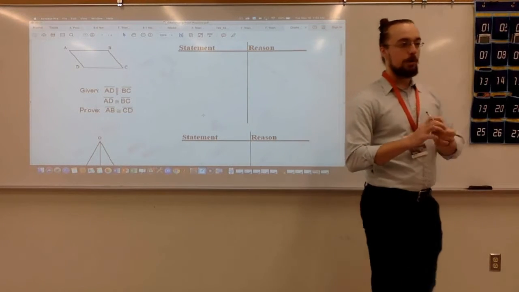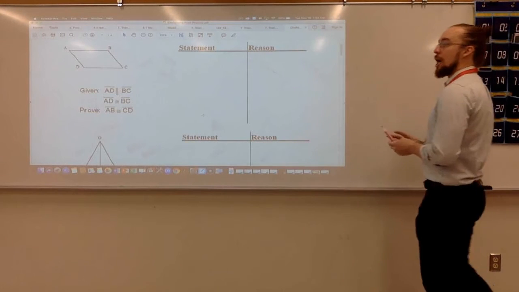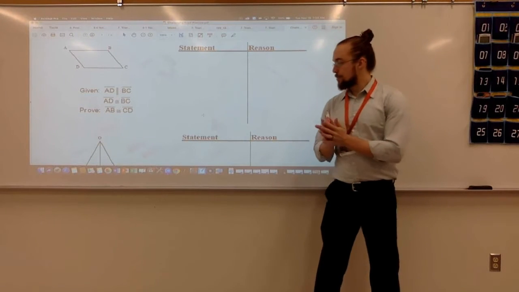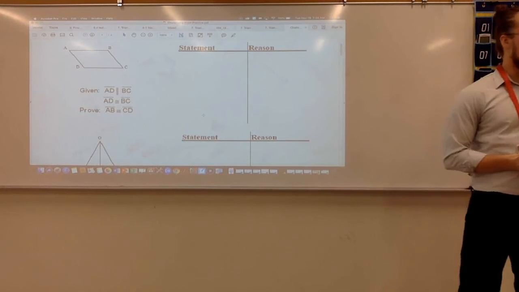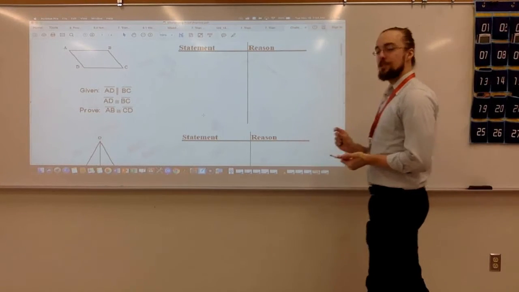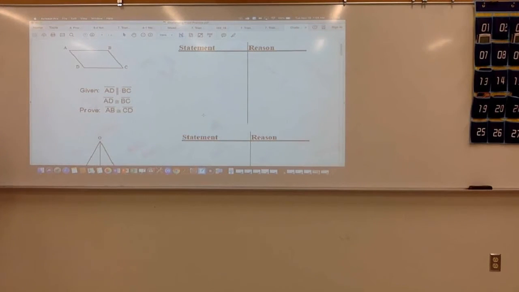So today, we are just going to do a little bit more proof practice. These proofs on this paper are a little bit more challenging than ones we've been looking at. Okay? They're just a little bit more challenging. Because it seems like we've been doing pretty well with the triangle proof, so I think